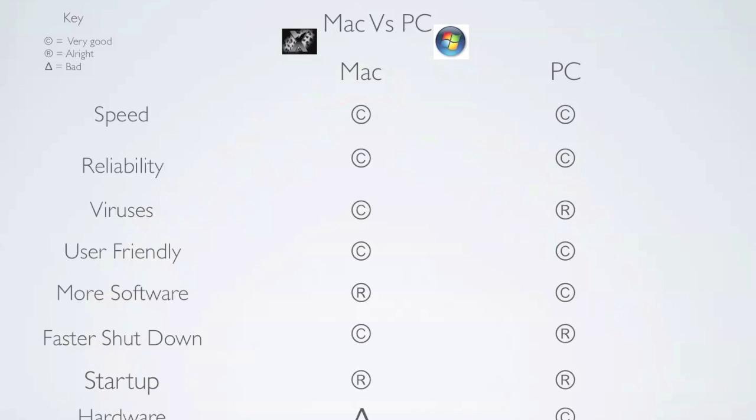User-friendly. They both got very good. Yes, they got very good. Mac and PC, Windows 7, and